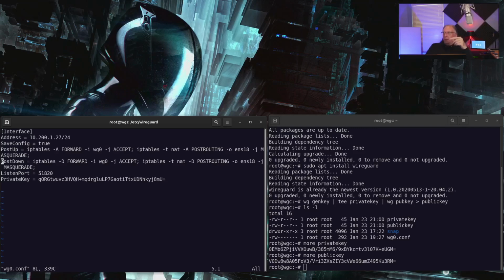Post down is so the -A means to create it, the -D means to delete it. So basically I'm just housekeeping. If I bring up the system, I have my configuration being created. And if I bring it down, I'm removing all of the things that I set in the IP tables,